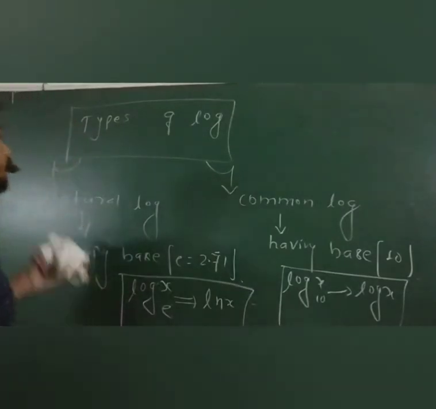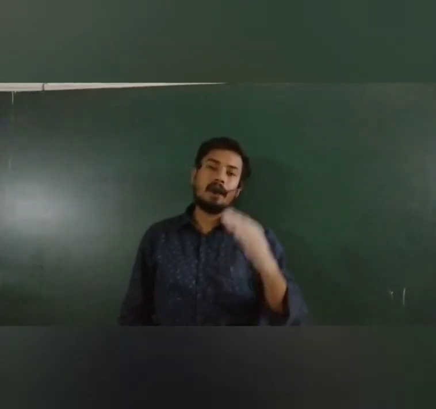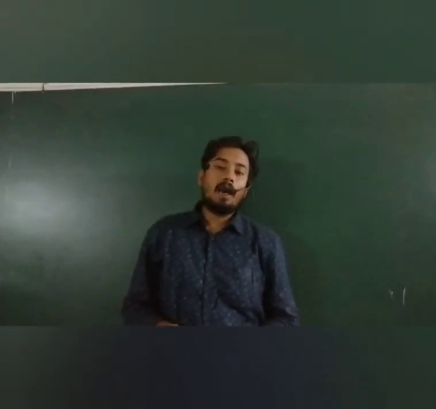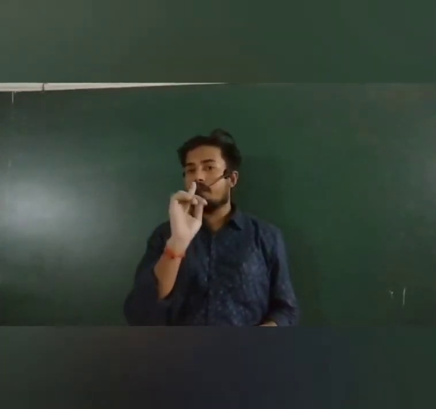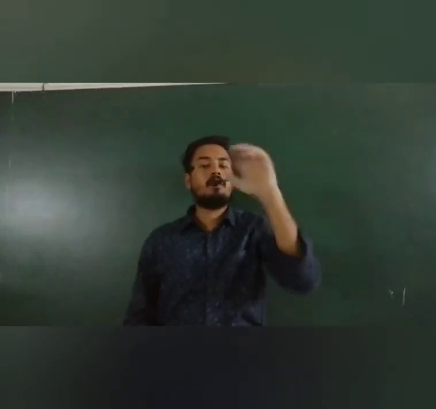Getting my points? Okay. Now we are coming to how to find some values, and after that we will use the relation between natural log and common log. Basically, whenever they give a question based on log, they will provide you a log table. In the log table, they mention values according to common log, not natural log. So always you have to convert all logs into common log. If there is a natural log, you have to convert it into common log.